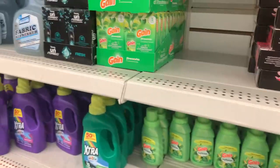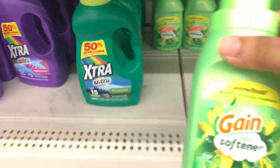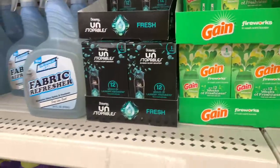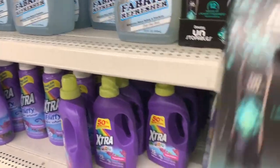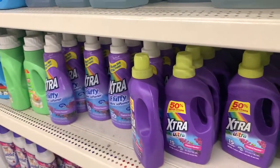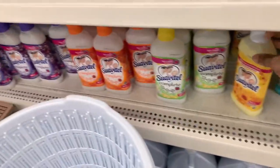And if you missed my last video, I showed you that they have Gain boosters in here. The Gain softener fabric sauce. I got a big thing of that the other day. If you missed that video, I mean, you cannot go wrong. That Gain smells amazing. Then they have some Downy Unstoppables. Amazing. If you want your house to smell good, honey, y'all better check these out